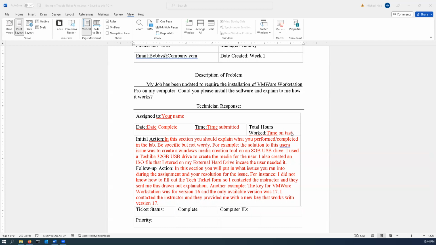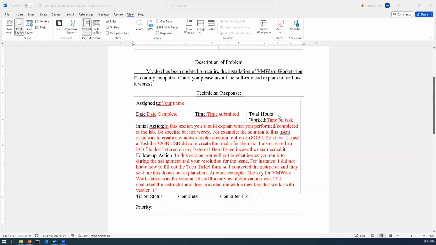This time on task will allow me to understand what types of situations you ran into while doing the lab, and if you were able to just blow through it real quick, or if it was something that you got confused or stuck on. So under the initial actions, this section is where you're going to explain what you did. Don't say exactly what the lab says, step 1, do this, step 2, do that. Just put what you need to put in for the lab to say that you did what it is you wanted to do. So an example of this,